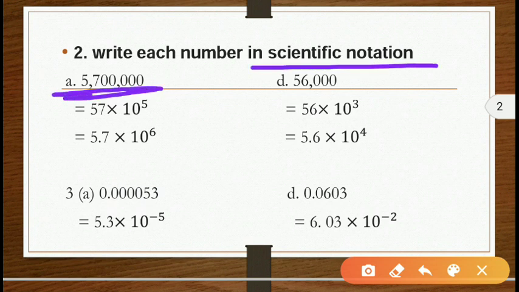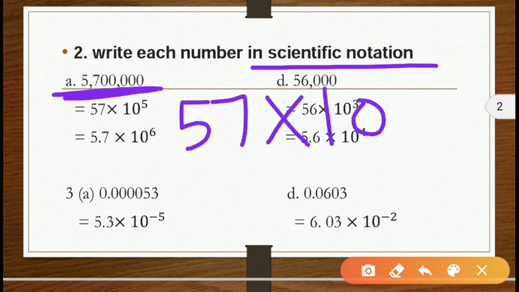So first of all, this can be written as 57 into 10 to the power 5. Why 5? Because count the zeros: 1, 2, 3, 4, 5. 5 zeros are there. So we can write it as 57 into 10 to the power 5. Now